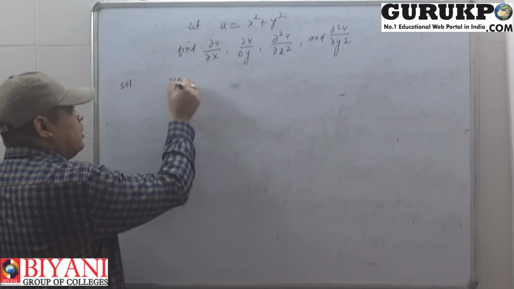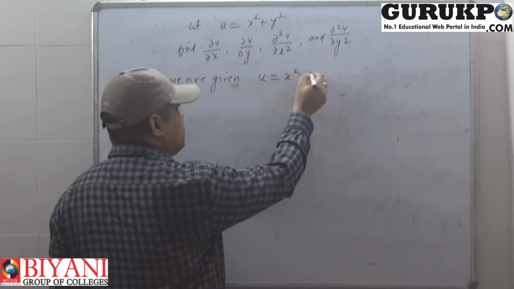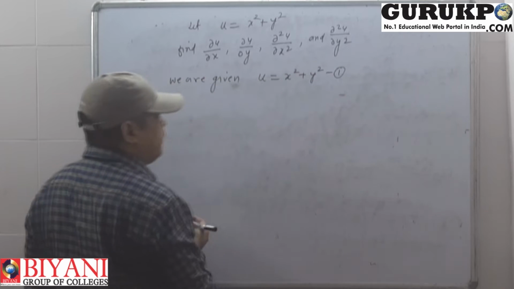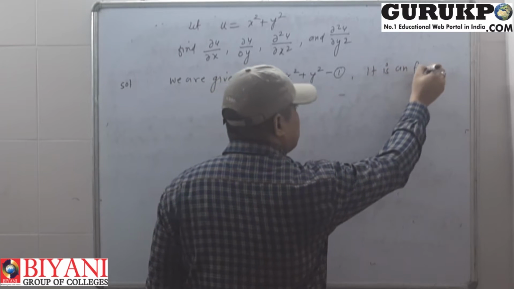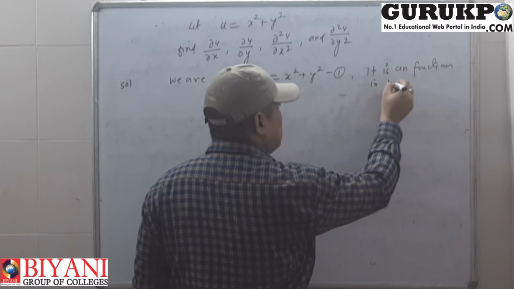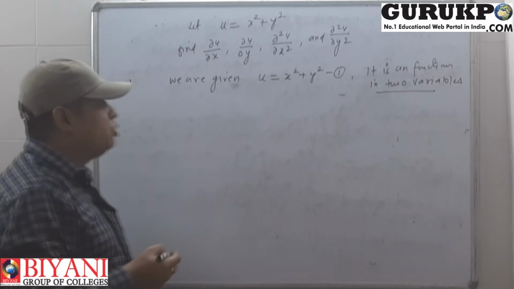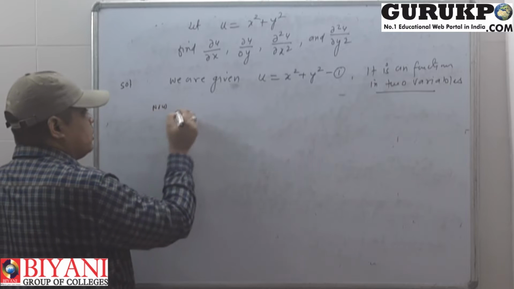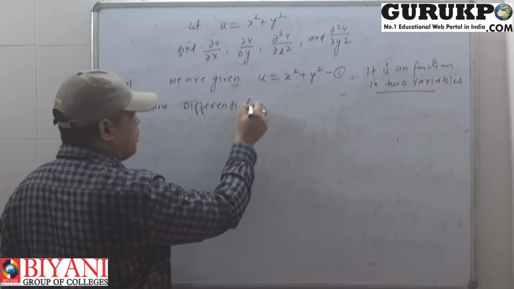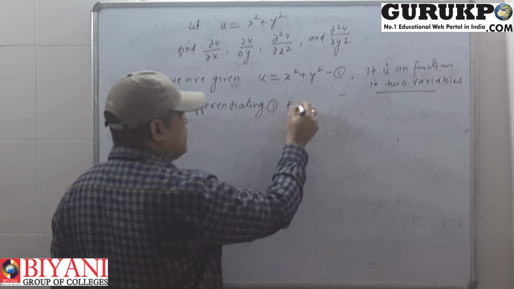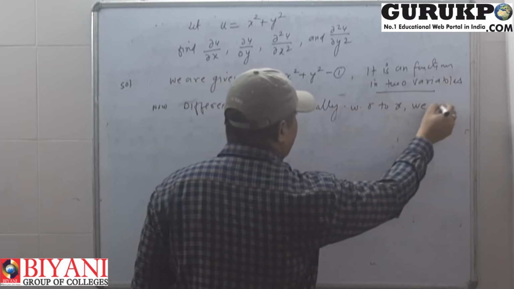For the solution of this, we write: we are given u is equal to x square plus y square. We can say that it is a function in two variables. Now, differentiating this partially with respect to x, we get